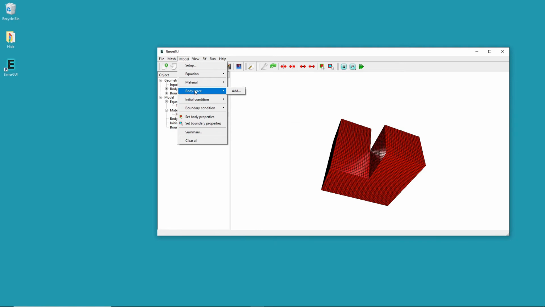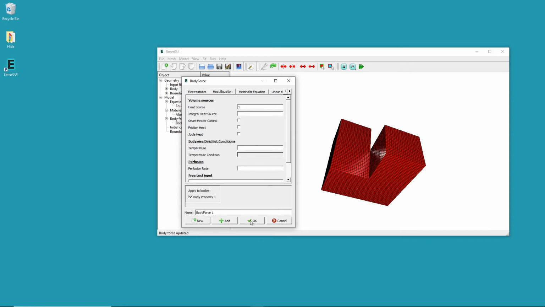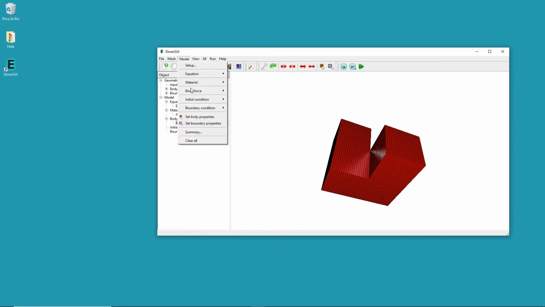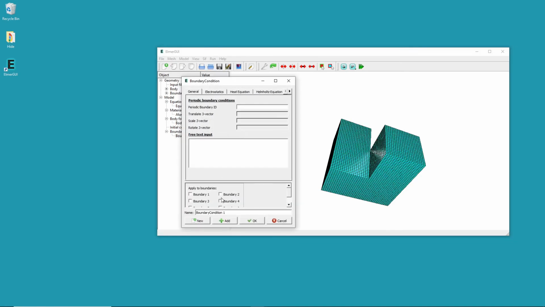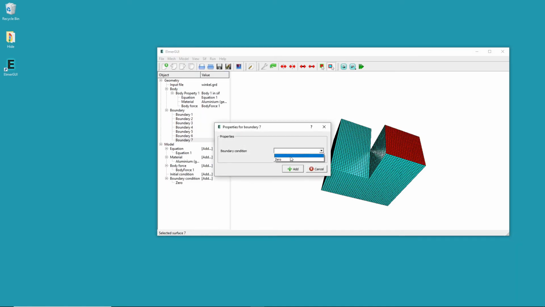I add some body force for heat equation, that would mean the heat source, and then I still need some boundary conditions, maybe some 0 boundary conditions here, heat equation temperature 0, okay, and then let's apply the boundary conditions, set this,